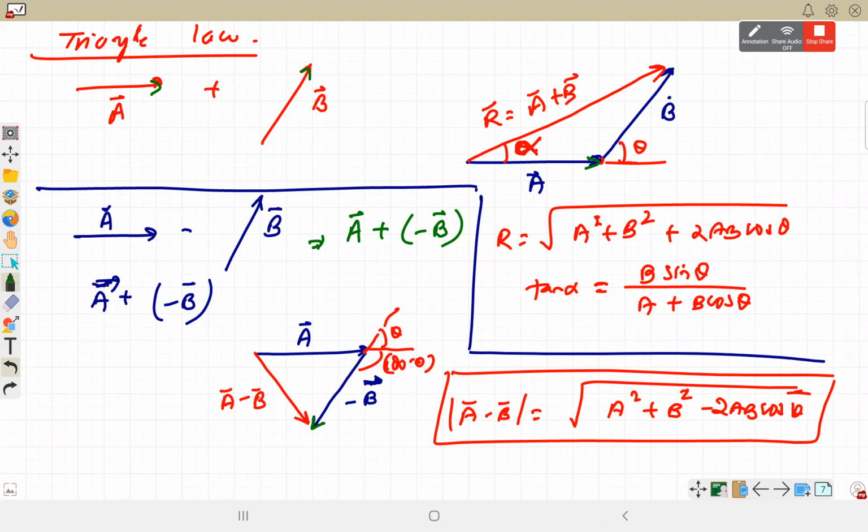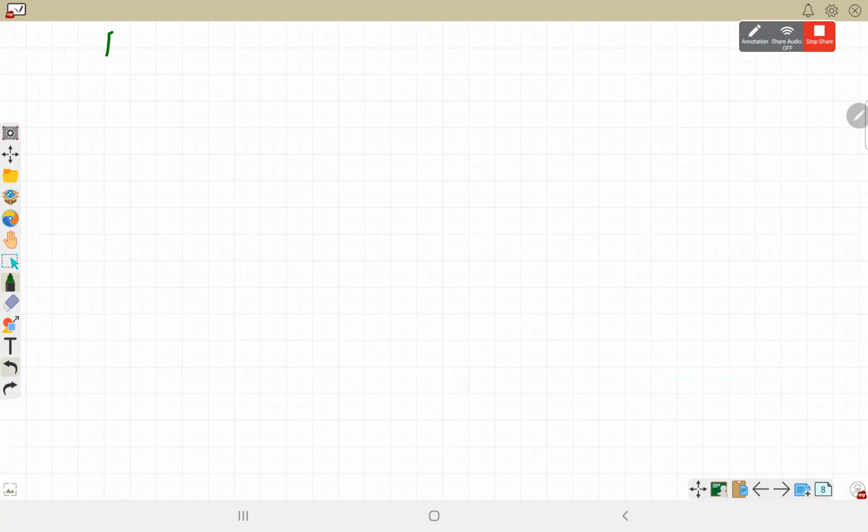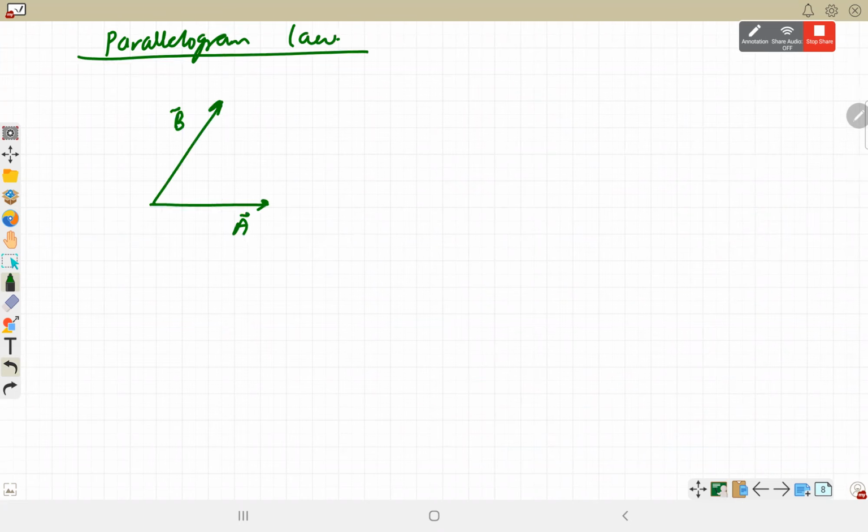Direction also we can find by the same relation. If we have to find using the parallelogram law, it will be a little easier. We draw a parallelogram using the vectors A and B as its sides. Parallelogram law vector addition: join vector A, vector B, make a parallelogram, and then in this parallelogram there are two diagonals. The diagonal which starts from their common point represents their addition. The other diagonal, which joins head to head, will represent their difference. If you are joining A to B, then it will be B minus A, always final minus initial.